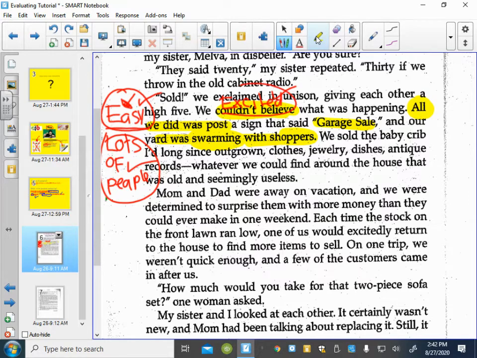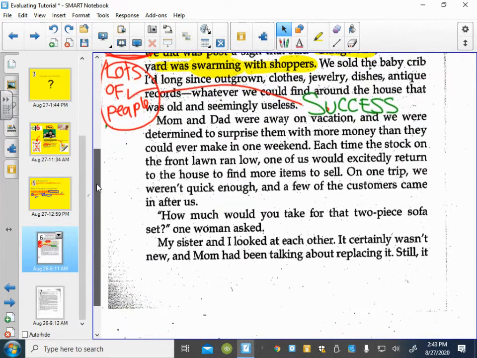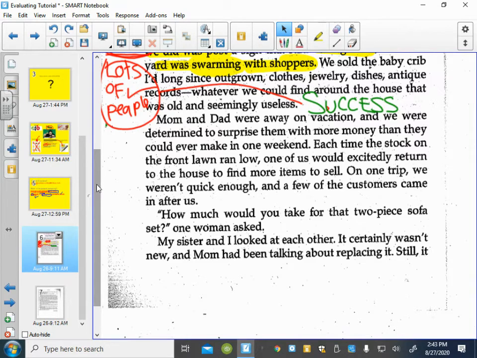So based on these three pieces of information, my final judgment that Eva's making is their yard sale was a success. I'm going to write the final judgment in green. So the final judgment based on those facts, when I put them together, is that the yard sale was a success so far. I'm going to show you one more time with the next paragraph.